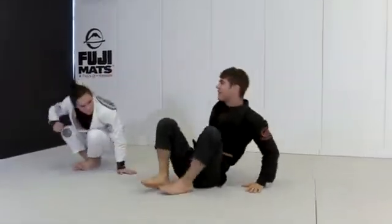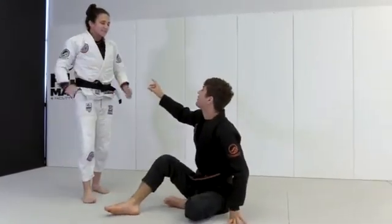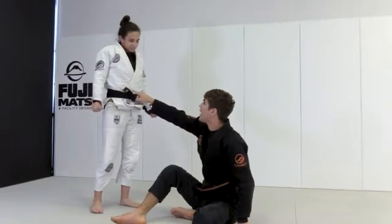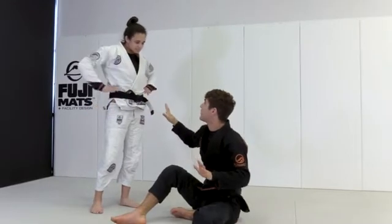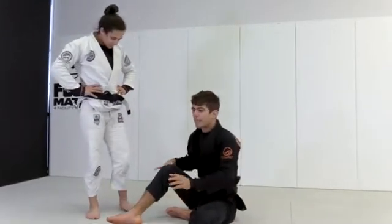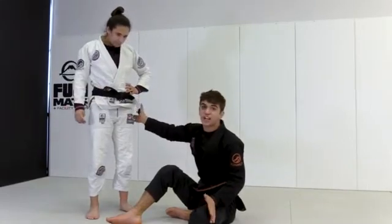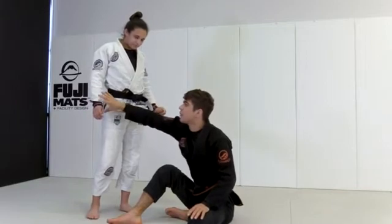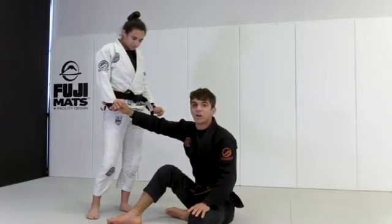You see what I'm saying, though? You're naturally posting because you feel like you're gonna fall. So you have to keep putting weight on this arm. And that's why I'm able to do this, and that's why it's happening. So the person drilling it, if you put all your weight on one side, you're gonna collapse. That's why this arm is what's helping me come back. She has to keep her weight on this arm the whole time in order for me to go back to